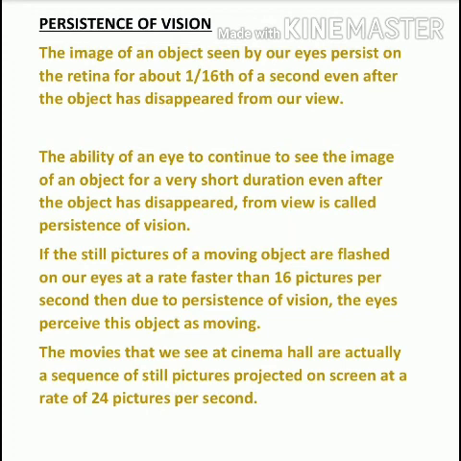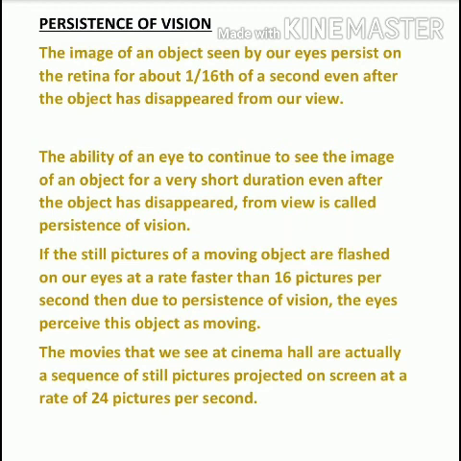What I mean to say is that any image shown to us stays in our eyes for 1/16th of a second. So if more than 16 images in a second pass in front of your eyes, those images will persist, images will keep forming, and you will find that if more than 16 images are passed in front of your eyes, it will seem to you like a moving image. It means the images are not still, it is a moving image. It will be more clear for the children, remember this.